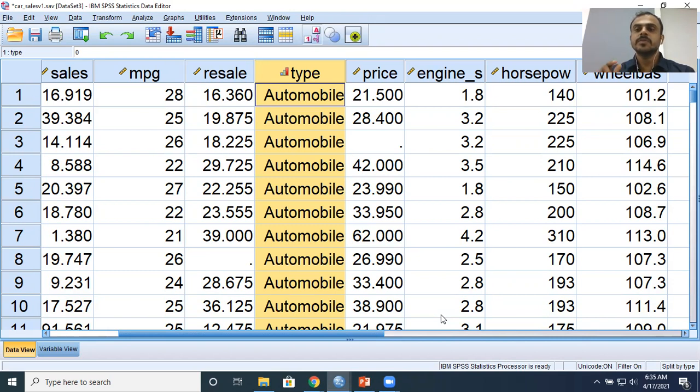Remember 4 important assumptions. Both the variables should be scaled. Linearity must be there, no outliers, and bivariate normality must be there. Then you look at Pearson's correlation coefficient. What if these assumptions do not hold good? We also saw how to transform. We looked at an alternative in the form of Spearman's rank correlation.